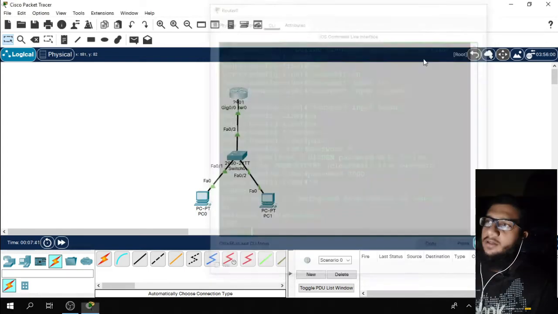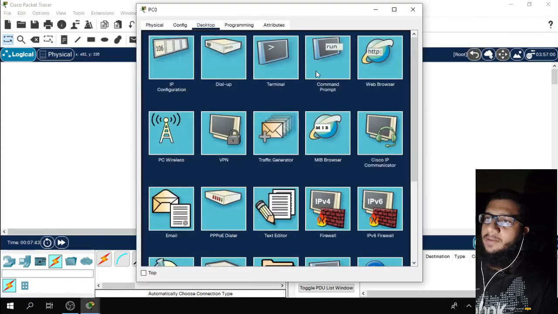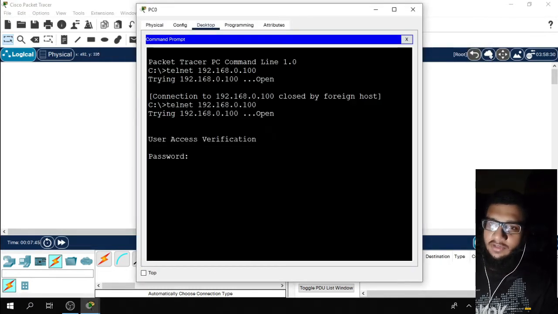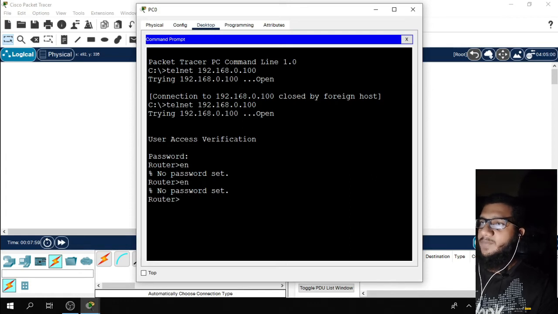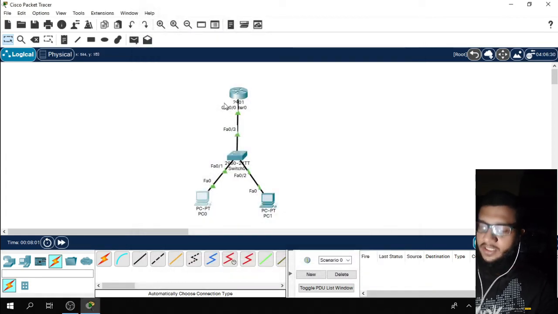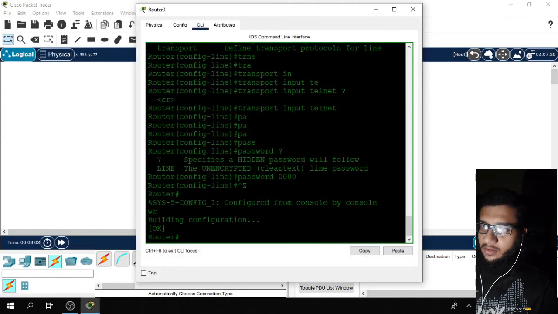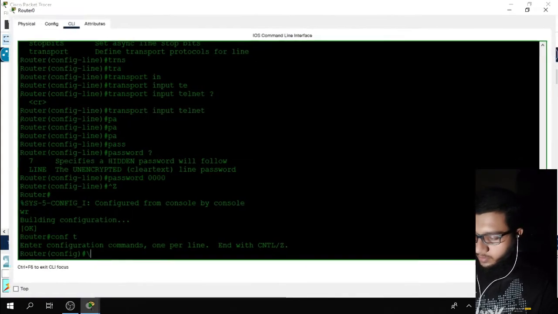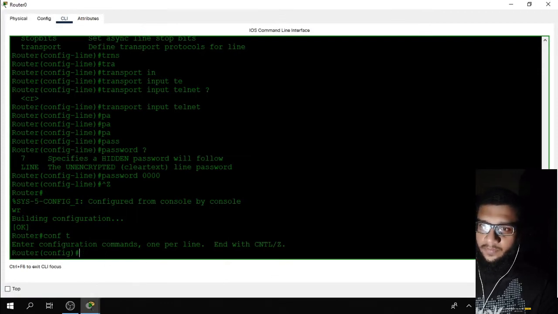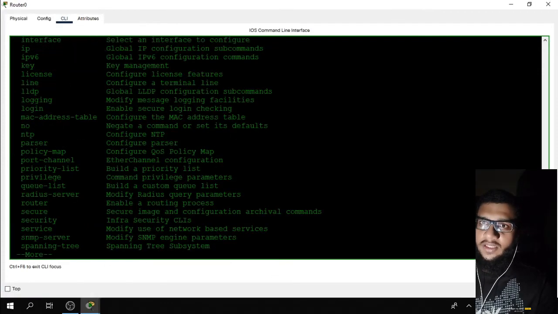Just open this and type the same command again. Yes, it's asking for the password. And what is the password? 1234. Enable. So I have to set the enable password here also. Configure terminal.